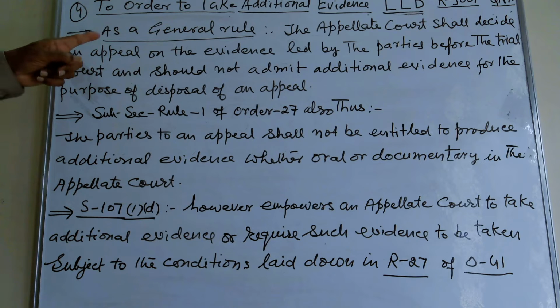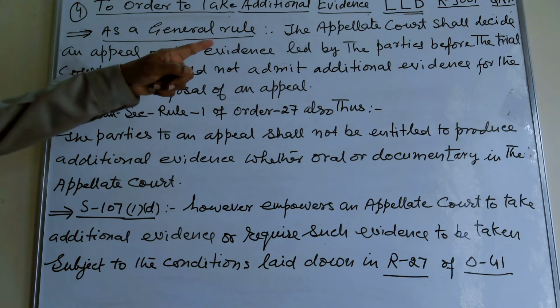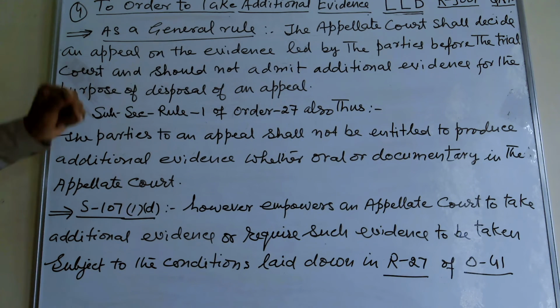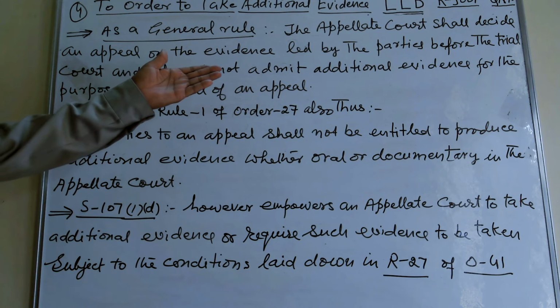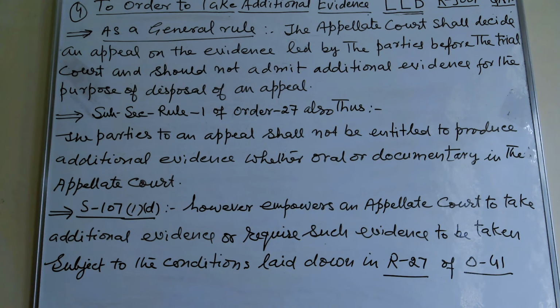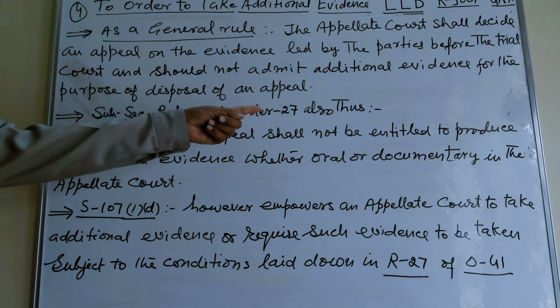As a general rule, the appellate court shall decide an appeal on the evidence led by the parties before the trial court and should not admit additional evidence for the purpose of disposal of an appeal. This is the condition. Under Rule 1 of Order 41 also,